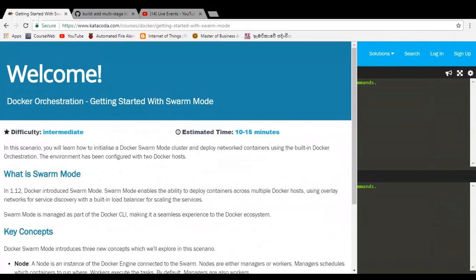Swarm mode is managed as part of the Docker CLI, making it a seamless experience in the Docker ecosystem. The key concepts: